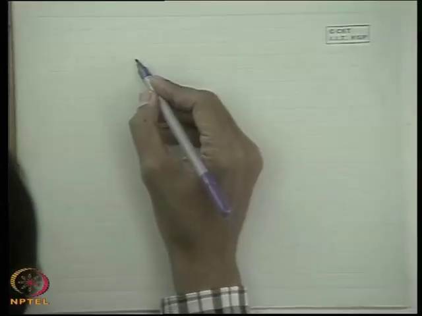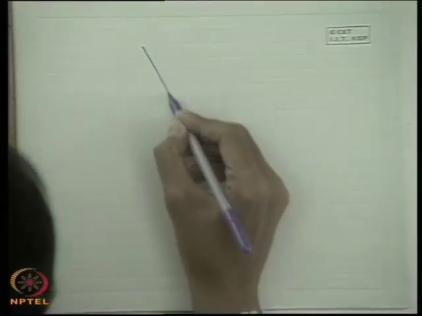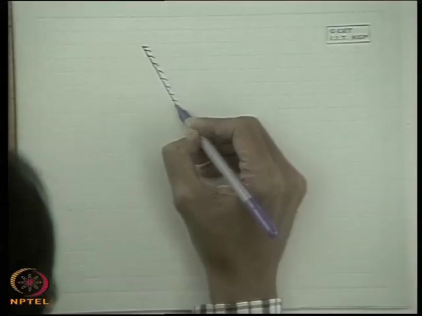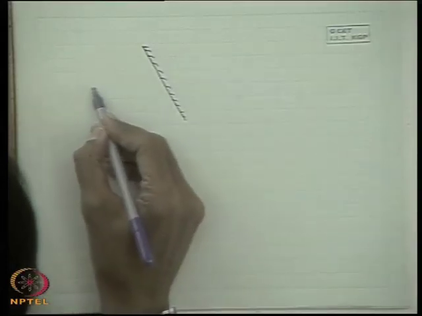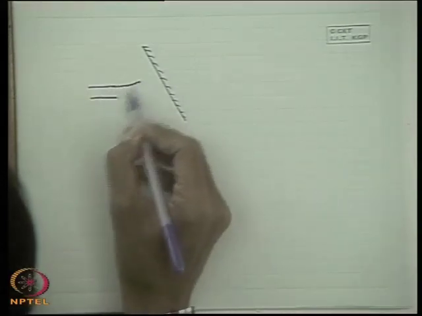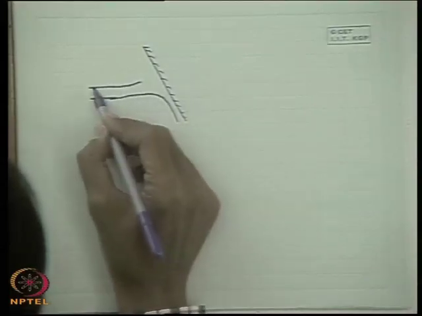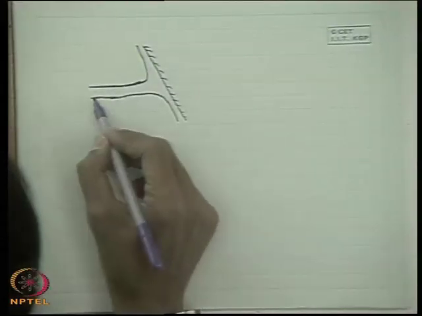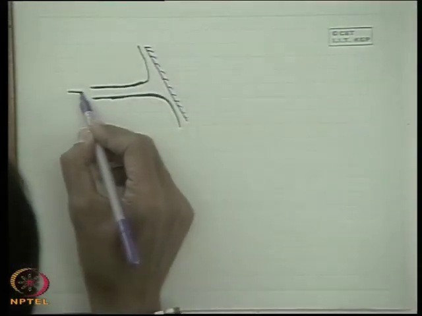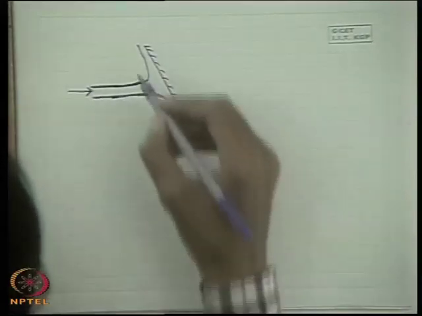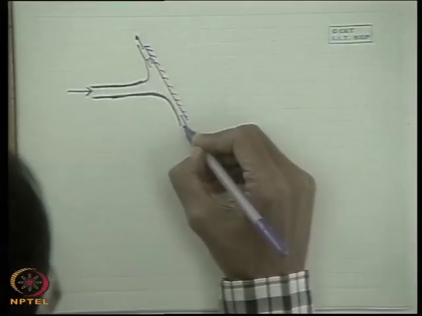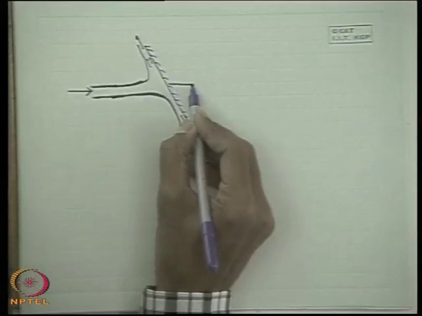Let us consider a surface like this, which is plane, in the sense that this surface is inclined with respect to the liquid jet. Let the liquid jet strike the surface, being issued from a nozzle, and after striking the plate, the jet glides along the plate. So, this is the inflow, and after impinging, I show the liquid sheet flowing like this, along the plate.